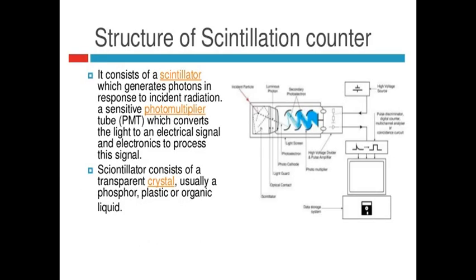Okay, now we are going to discuss the structure of the scintillation counter. The scintillation counter consists of this scintillation chamber, in which we use the scintillator, meaning the compound which is exposed to ionizing radiations of a radioactive element and is able to produce some fluorescence. Okay, so this one is the scintillation chamber. That scintillation chamber is followed by the photomultiplier.